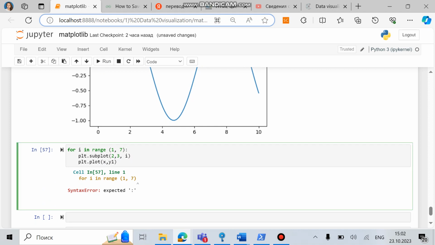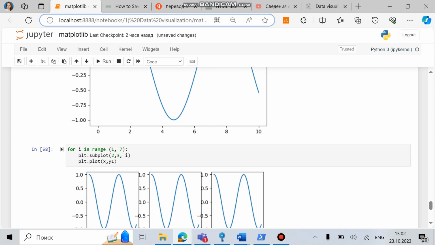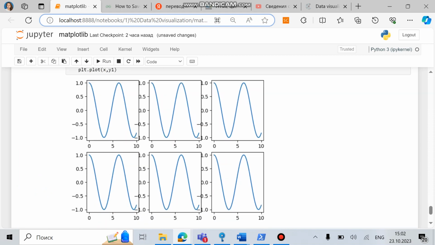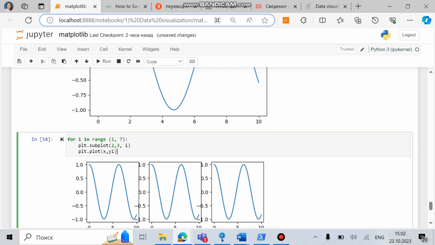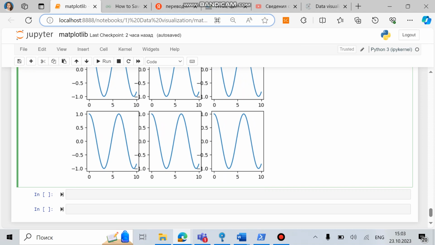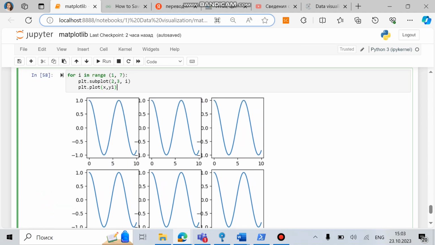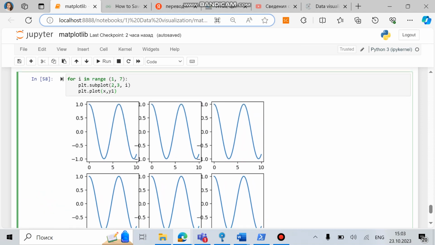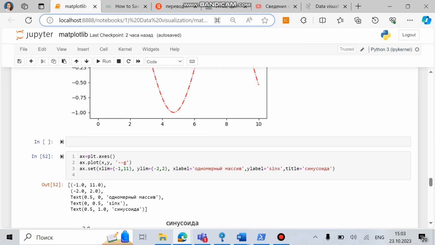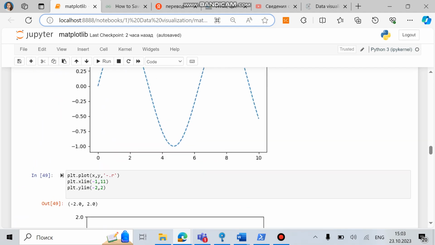Sorry, what, this one? Yeah, here it is. You can see here the 6 boxes with the graphs, and as you see here we use cosinus, and in every cell you can see the cosinus. If you would like to use this kind of cells but with different graphs, then you should write like this. We have this. Let's modify